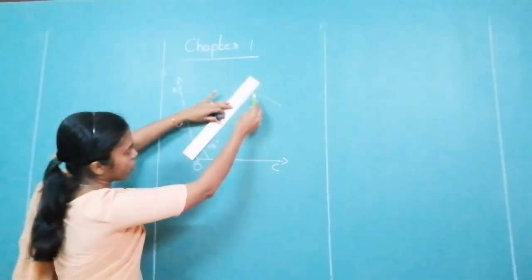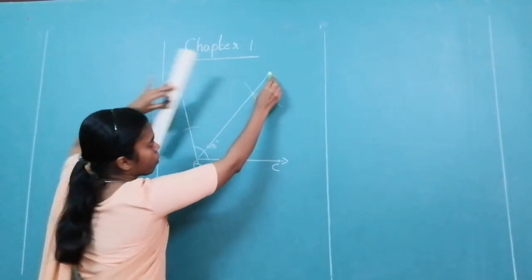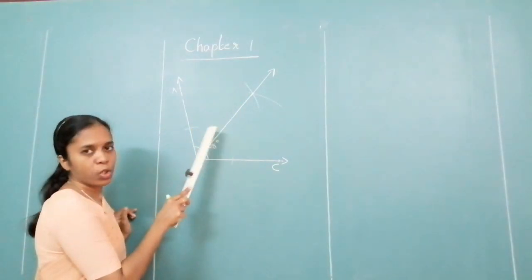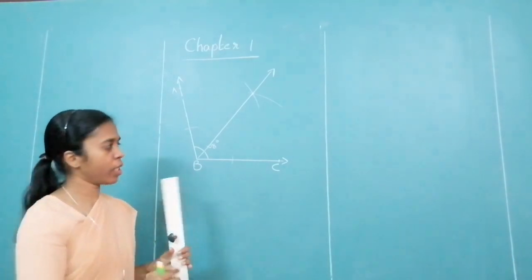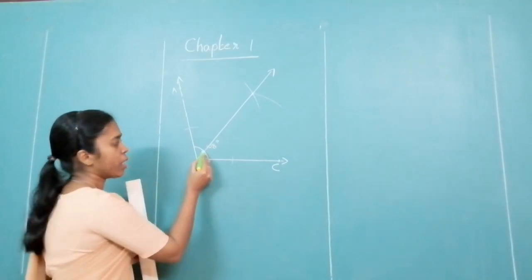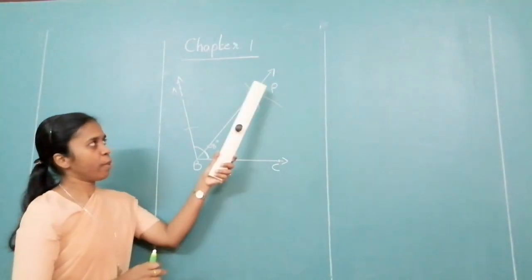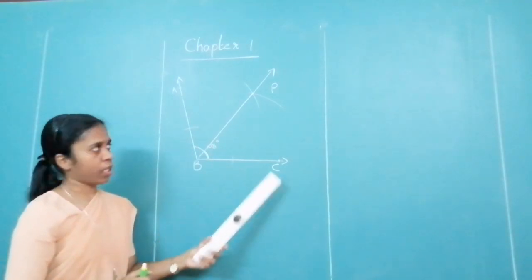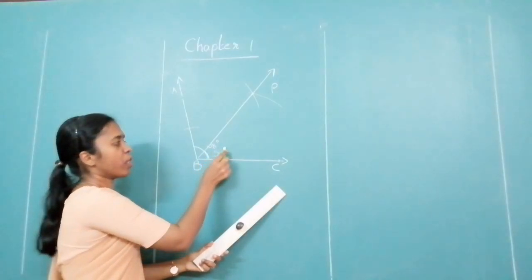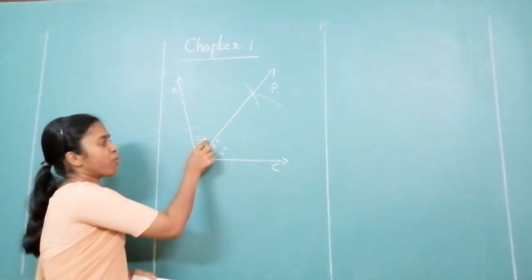What is a vertex? Vertex is B. Extend it. Now this is another ray which is drawn. Separate the interior into two equal halves. Okay. How much was this angle? 108. So how much will my half be? Suppose I name this as P. Okay. Now this angle PBC, angle PBC will give me half of 108, that is 54 degree. Similarly, angle ABP gives me 54 degree.